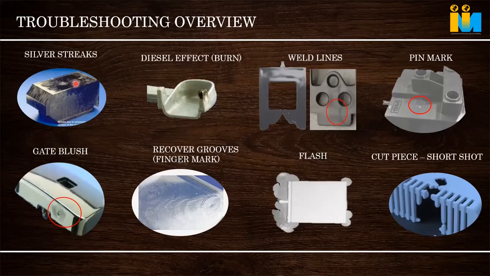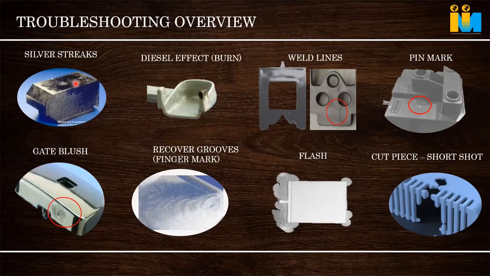But if it has already absorbed water moisture from the atmosphere based on the humidity, that has to be dried. Every raw material has to be dried based on specification. The normal condition is that raw material, whenever it is molded, has to be at 0.02% moisture. If it is not done properly, then what happens?